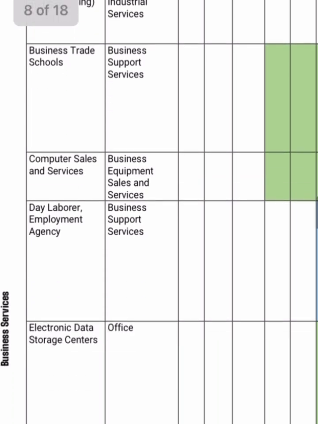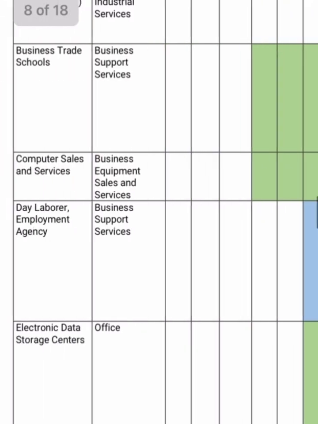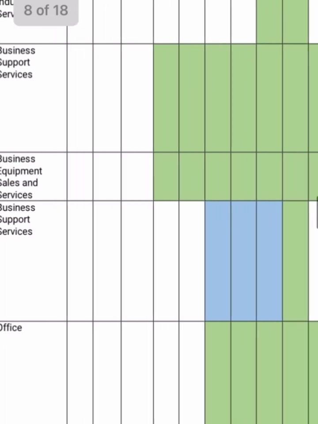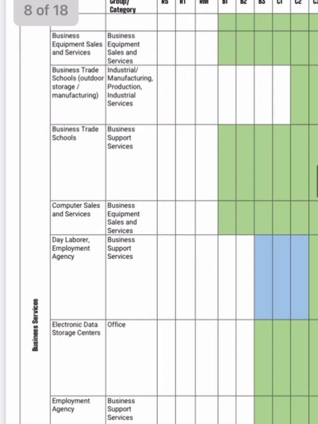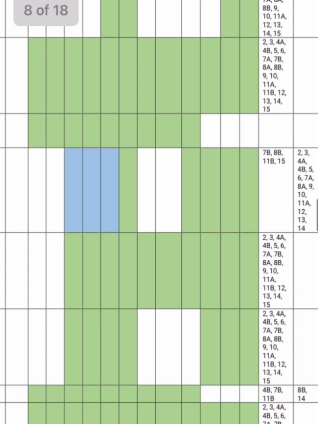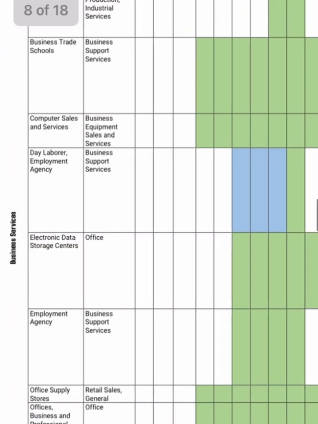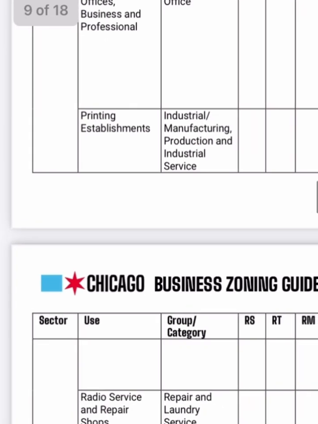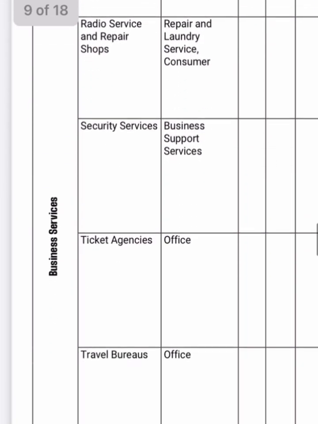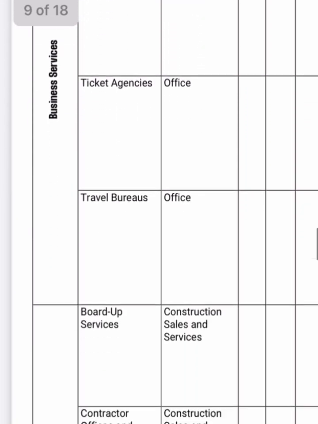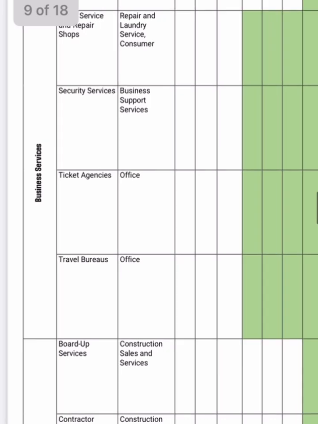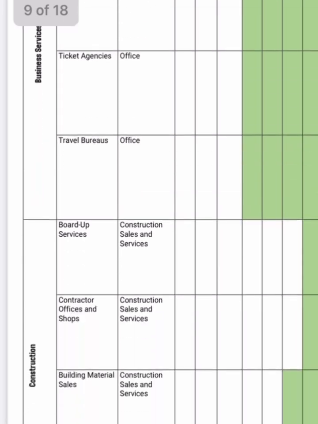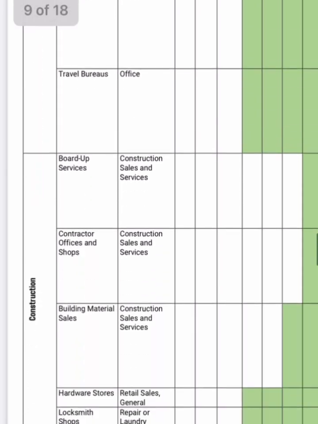Look at this one, day labor employment offices, those aren't even allowed. Computer services, they're not allowed. Those don't have any negative externalities. We're just trying to get people businesses. Those should be allowed near residences and downtown too. Office supplies, printing establishments, if they're at small scale, there's no negative externalities from those. Maybe ticketing agencies, you get a line around the block, that's a little bit of a nuisance, and I can understand that. So what if we had a rule like a certain number of customers is all you're allowed per hour or per day in certain neighborhoods?